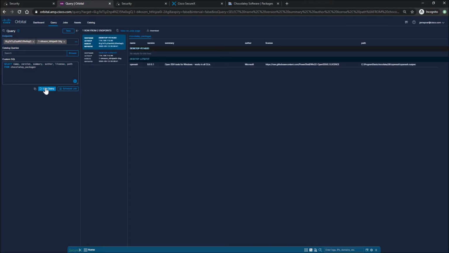And we can see now we have OpenSSH, the version. It gives you a little bit of a summary. There's the license and there's the path. And you can see the path isn't the traditional program path, Program Files within Windows; it's ProgramData. Now, that's interesting, because what happens now is, say the adversary could add